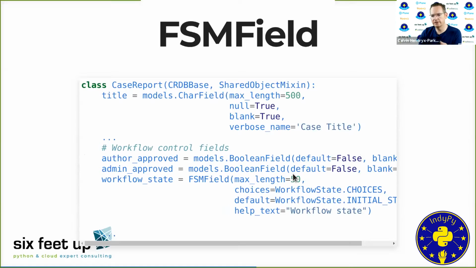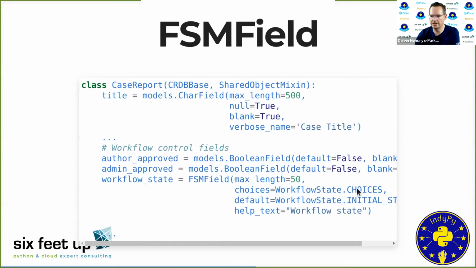And as a side note, there's an additional field that comes with Django FSM called FSMIntegerField. If you want to be able to store enumerated states, or an integer that corresponds to some constant inside your application, because maybe you'll be changing the text or localizing that text later, you could use the FSMIntegerField for that if you want to store enumerated states instead of strings. So it's easy to do.